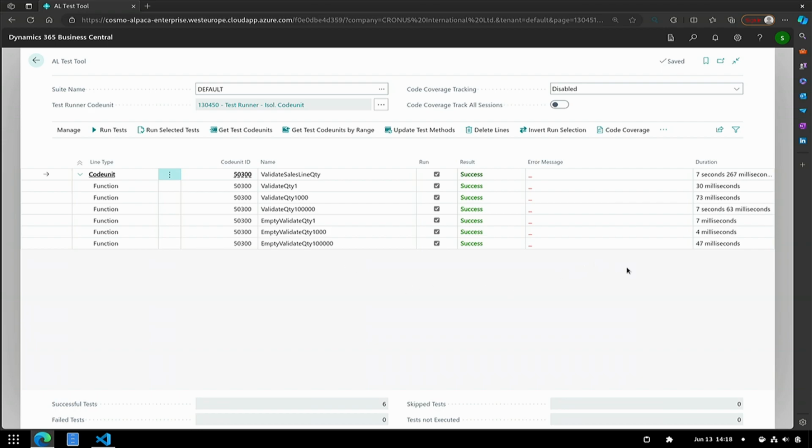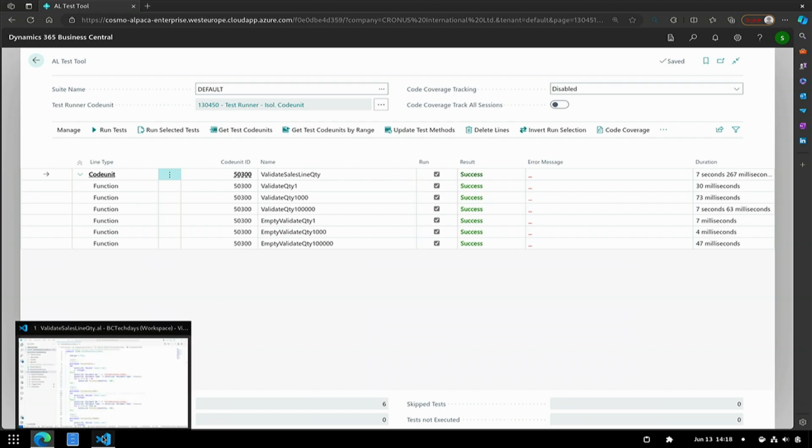30 milliseconds for one validate, up to 7 seconds for 100,000 validates. And for empty validate, that's 7 milliseconds, which is still kind of large because it's 3 milliseconds larger than 1,000 empty validates. And as you can see, most of that is actually the overhead of the AL test tool.